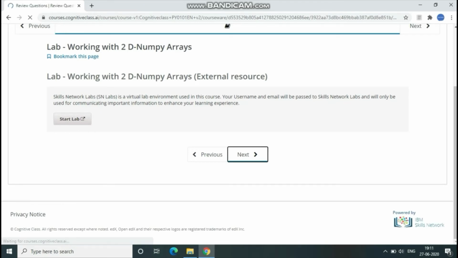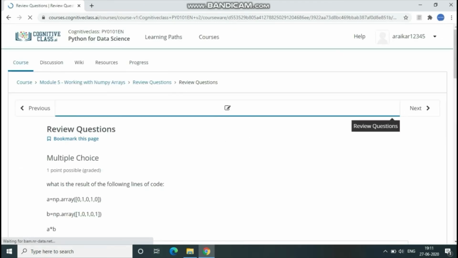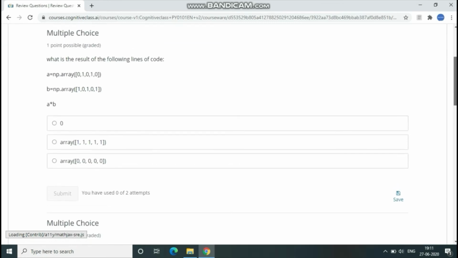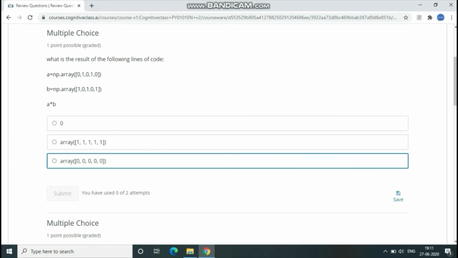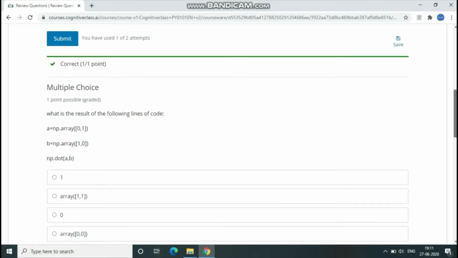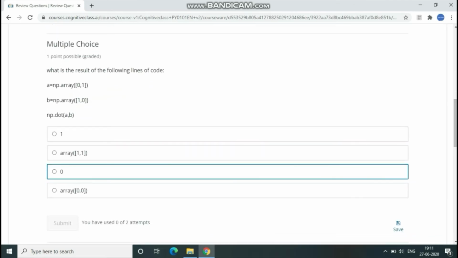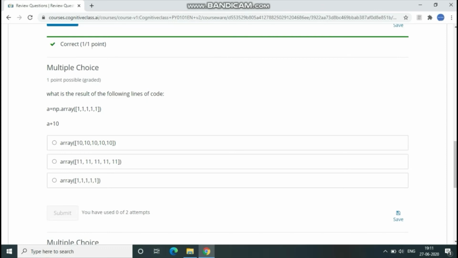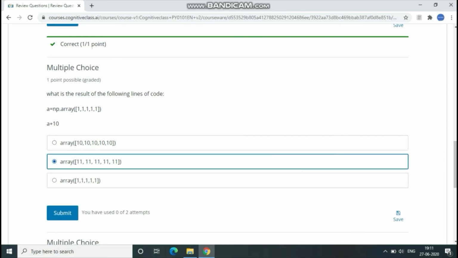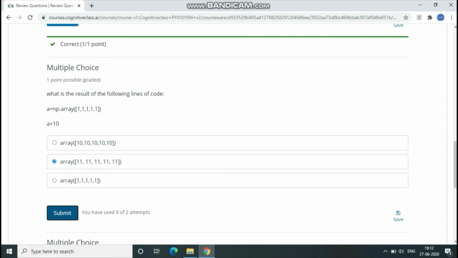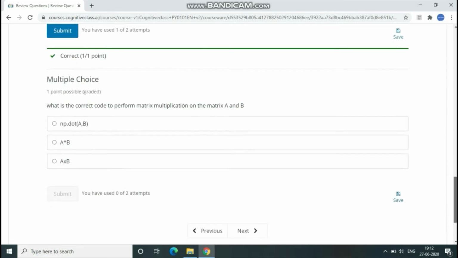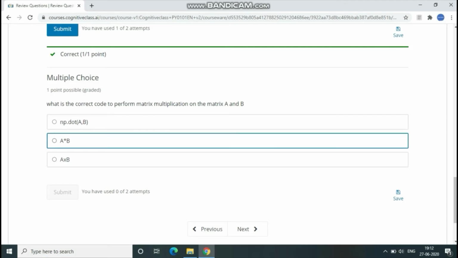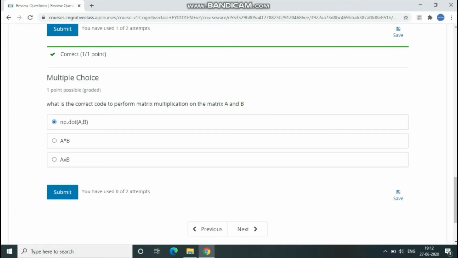This start lab is not mandatory, but you guys can use it if you want. In the 19th set of questions, the first one will be third option array of 0 0 0 0, and the second one will be third option 0, and for the third question the answer will be second one array of 11 11 11 11 11, and for the fourth one the answer will be np dot a comma b, click on submit.